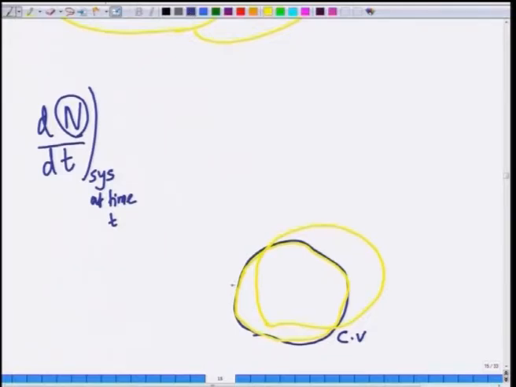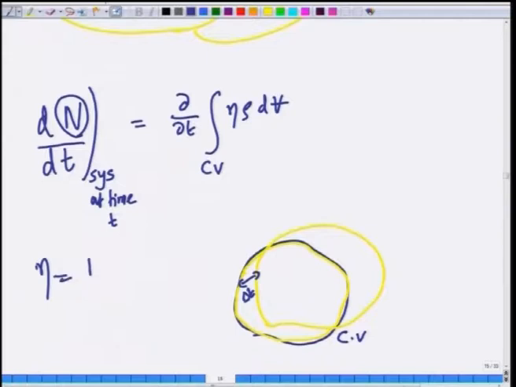So, the infinitesimal rate of change of a quantity such as mass, momentum, energy present in the system, this, for example, is an exaggerated version. After time delta t, the system would have moved elsewhere, is equal to the local rate of change present in the control volume, so eta rho dV,